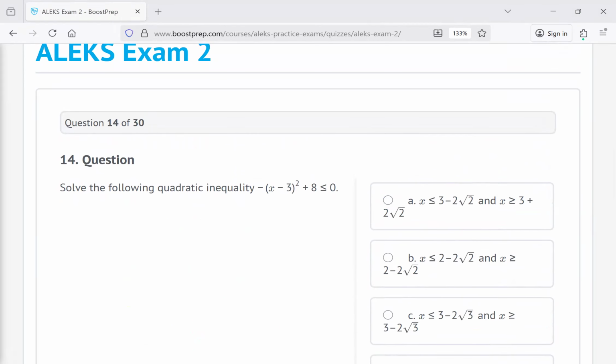Okay, 14. Solve the following quadratic inequality. We have minus parentheses x minus 3 squared plus 8 is less than or equal to 0. And no, it's not as simple as just solving for x. This is what's called a test point method. When I was doing this, I thought maybe you just solve for x. No, it's a test point method. So what you've got to do first is